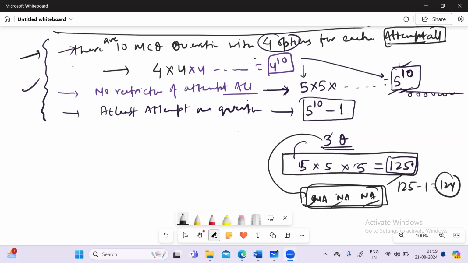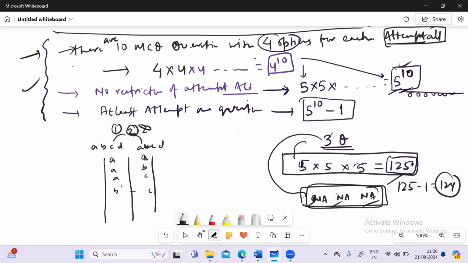अच्छा रुको, मैं क्या करता हूँ, इसको 2 ही सवाल ले लेता हूँ। लेट्स से 2 क्वेश्चंस आते हैं, और इसमें 4 ऑप्शंस हैं, ए बी सी डी, ए बी सी डी, दोनों क्वेश्चंस के लिए। आप अटेम्प्ट ऐसे कर सकते थे कि ए, इसमें भी ए कर सकते हो, ए के साथ बी कर सकते हो, ए के साथ सी कर सकते हो, ऐसे करके फिर बी के साथ सी कैसे कर सकते हो, है ना? इस सारे तरीके में तो आप कोई ना कोई अटेम्प्ट कर ही रहे हो। तो इसके टोटल तरीके हो गए 4 × 4, 16।